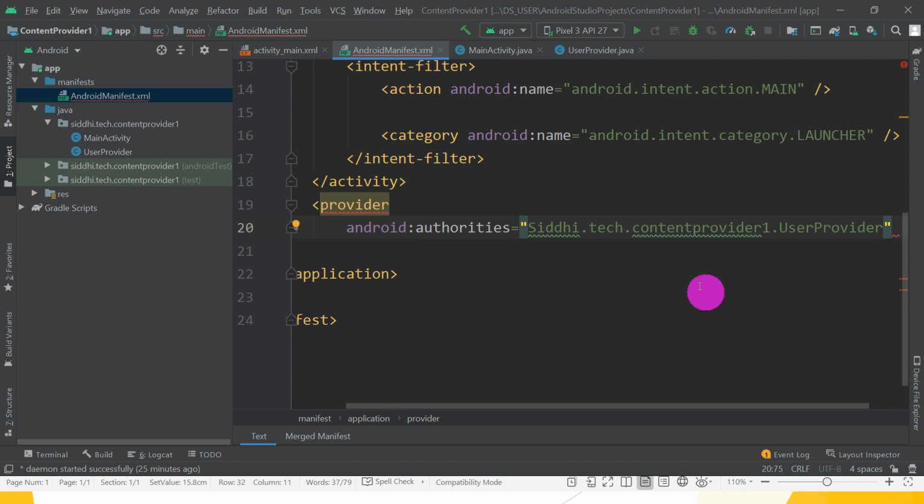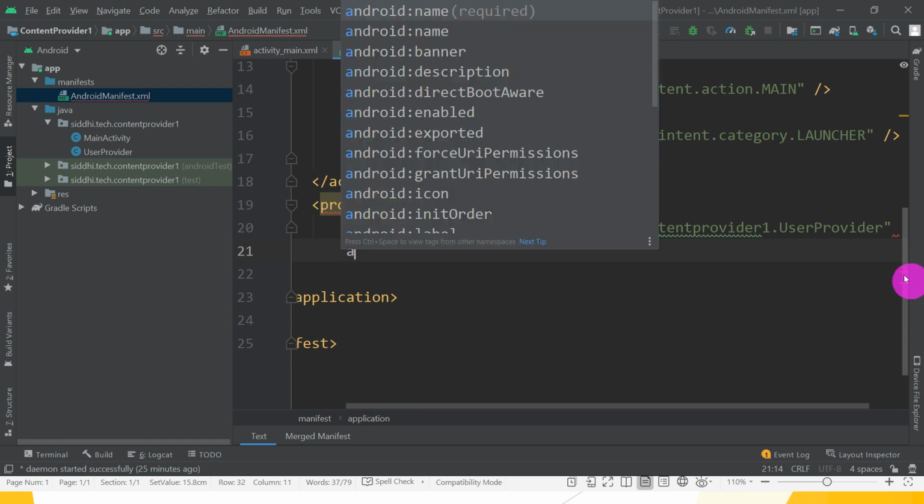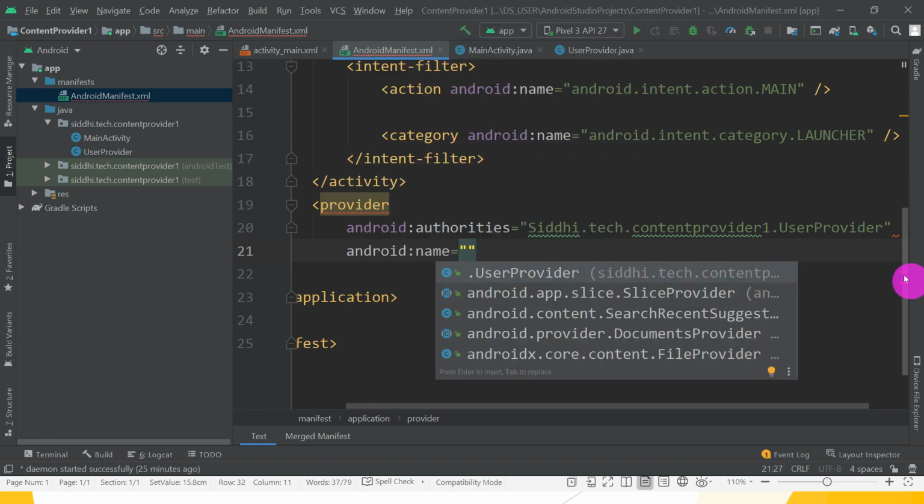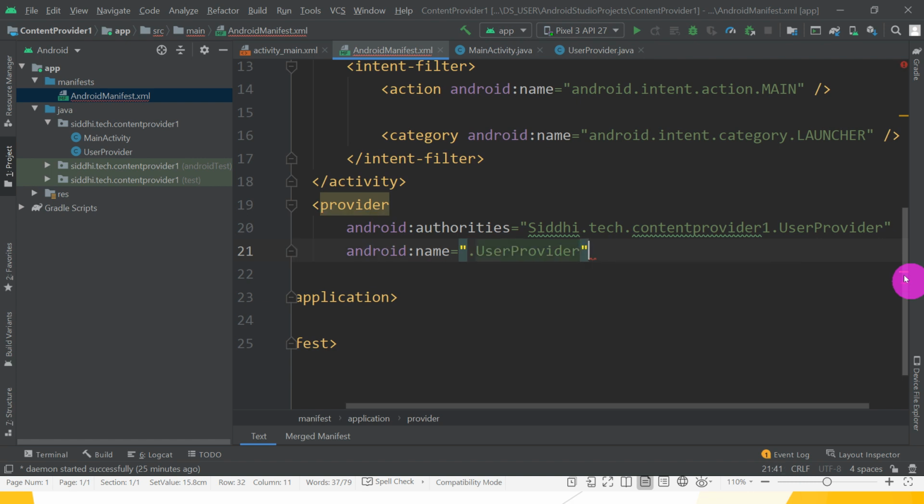Great. After that, use android colon name. What is the name? Dot user provider. Great. Close the tag.